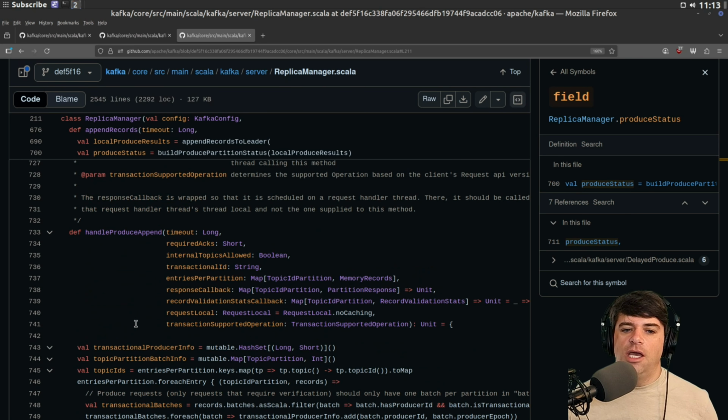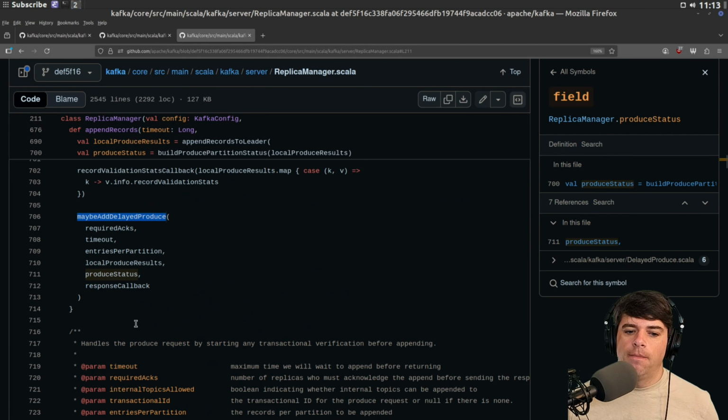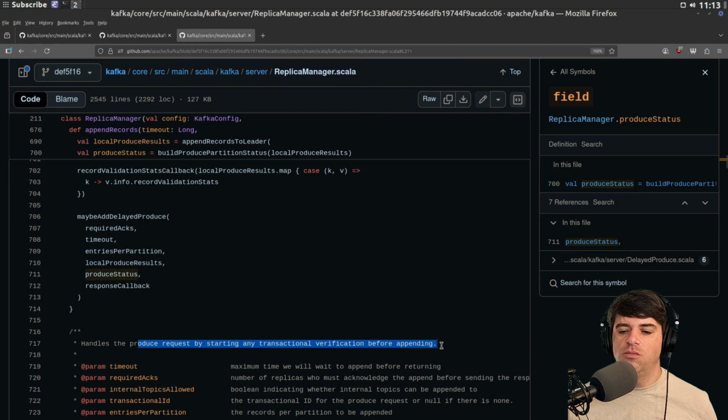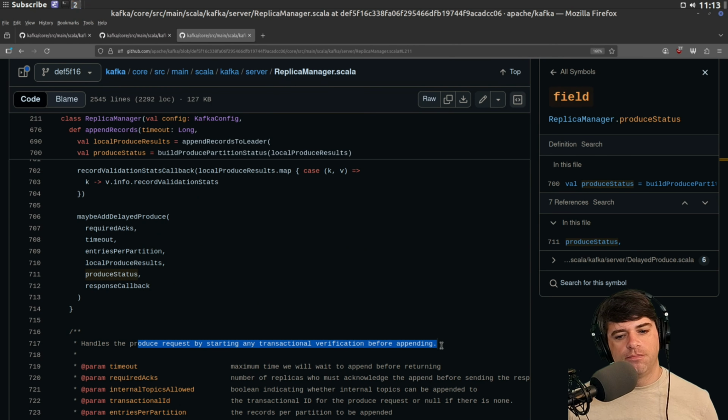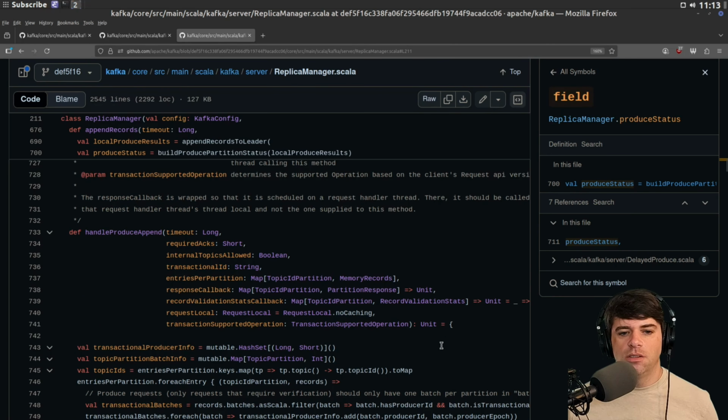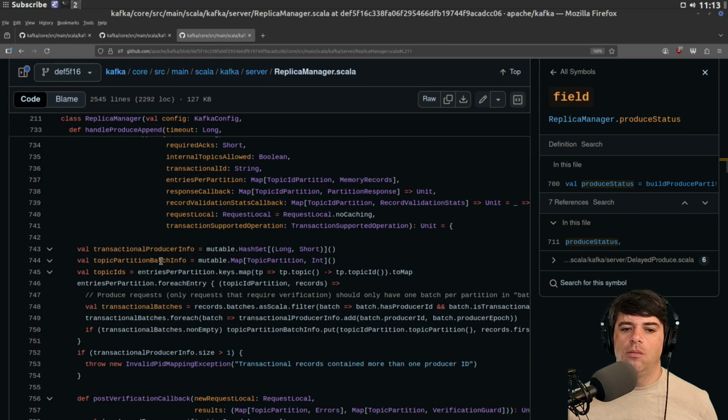And here is handle produce append. It handles the produce request by starting any transactional verification before appending. Okay, so this is going to handle the transactions, I guess. We're going to get some transactional producer info by looking some stuff up. We're going to create a hash set for holding that info.